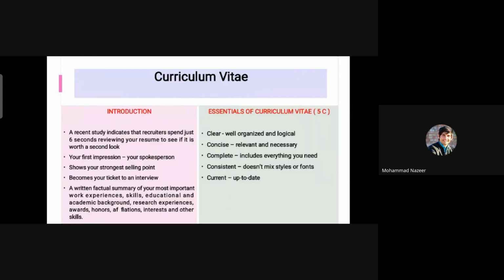And then comes the curriculum vitae or the resume. So first of all, we have drafted a letter, and that drafted letter can be a covering letter which states everything about all our prerequisites. Then the attachment which we are going to add is the curriculum vitae. And whenever we are writing our resume, make sure